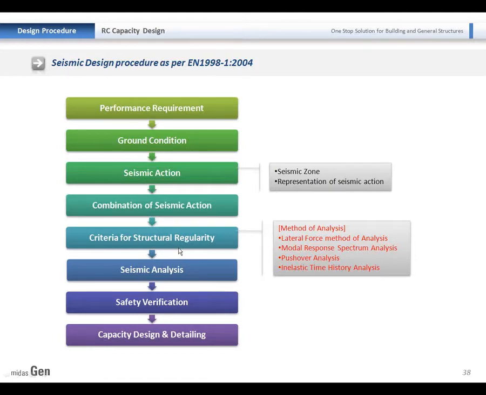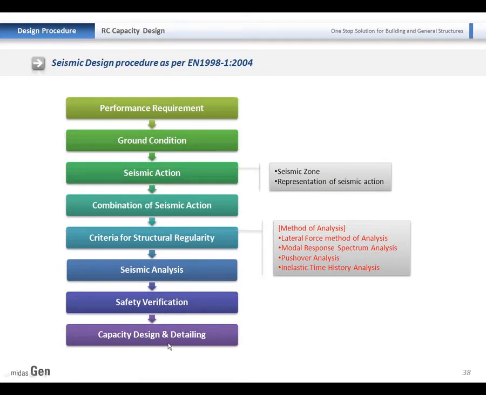And then, based on the regularity of the structure, we will decide the method of analysis, whether we can perform the static seismic loads or pushover analysis or inelastic time series analysis. After that, we will perform the analysis, and safety verification is required. And then we will perform the capacity design.